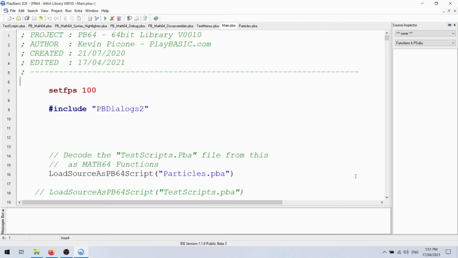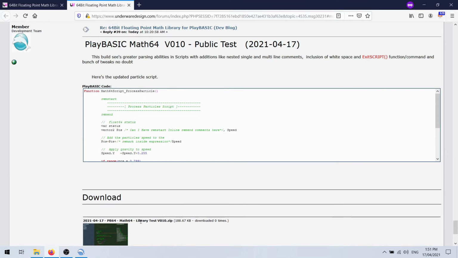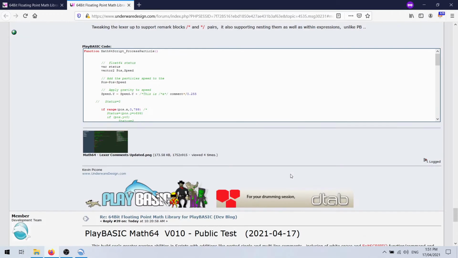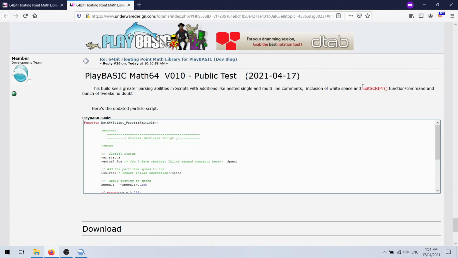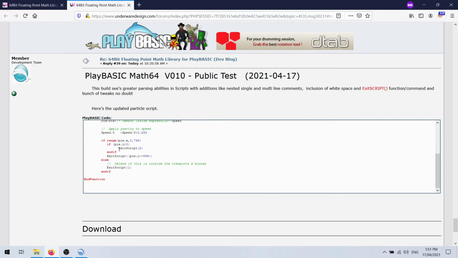All right, so that's enough about this. You'll find this on the forums. Revision 10 is down here. I'm not logged in, so I can't download it for you. A bit of a tidbit about, we've got a new function there or a new command really, called ExitSCRIPT, and it expects a parameter after it. So if you look at the usage down here somewhere, ExitSCRIPT 2,